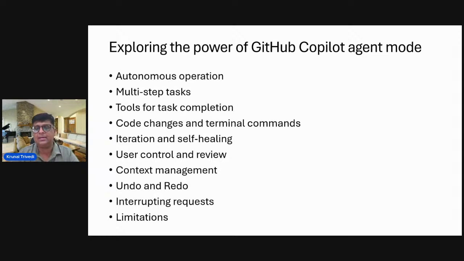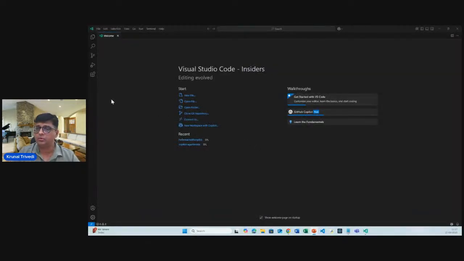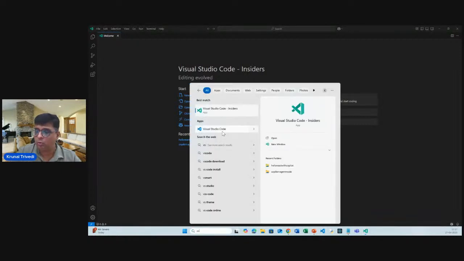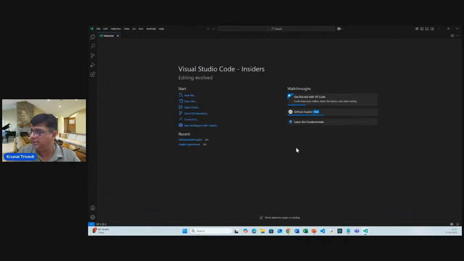So with this, let us see the demo now. Here you can see I'm in this VS Code Insiders editor and I can show you I have this VS Code, which is the normal version. This is the VS Code Insiders. You can just Google VS Code Insiders and download it. I am already here. What I'm going to do is open some existing project,